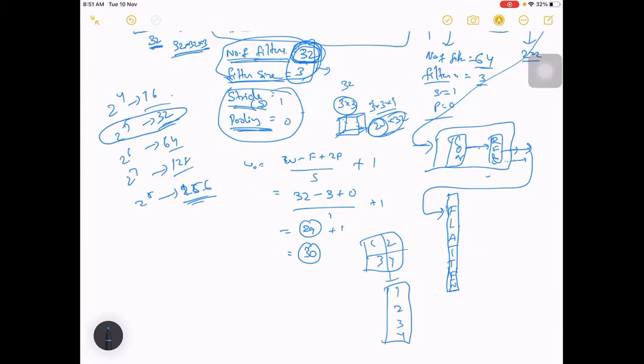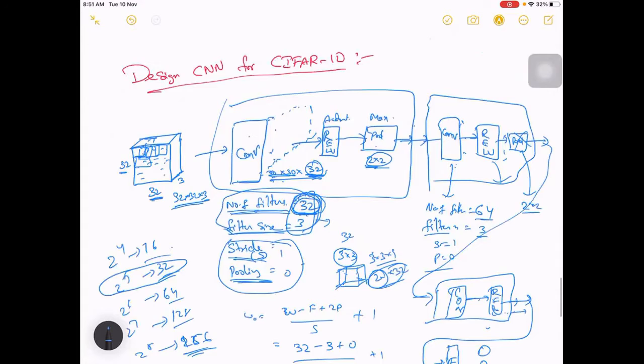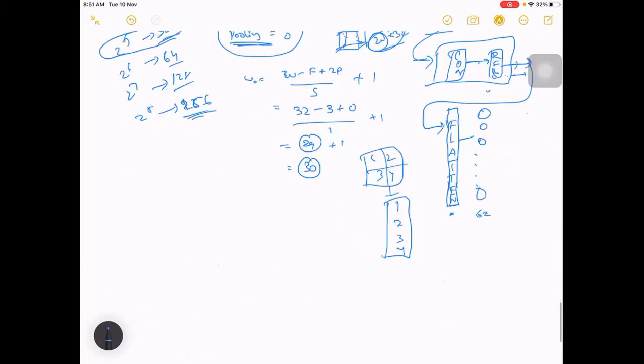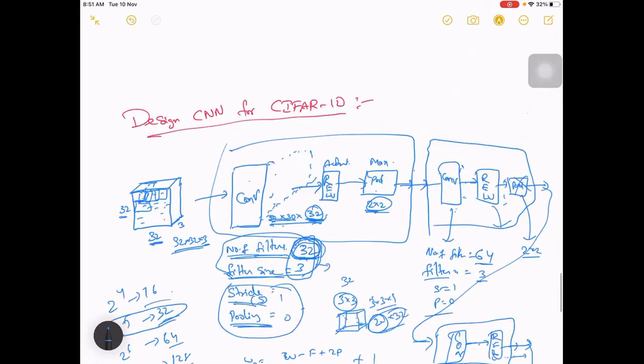So once you do that, you can then have a dense layer. Depending on your size over here, you can have something like this. Or because your filters are 64, you can go forward with the same 64 over here, where it will be a fully connected layer. And then we can give an output layer.